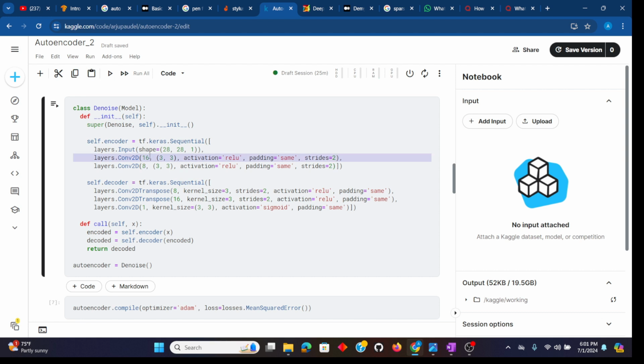This is a convolution layer, and I'm using a kernel and stride of 2. Stride means it's a convolution operation which will downsample my images. Next, I'm using Conv2D with stride of 2 to downsample images; it will reduce 28 by 28 images into low dimension images. And I'm just defining the decoder model here, and this is the 2D transpose, which will upscale the images from low dimension,